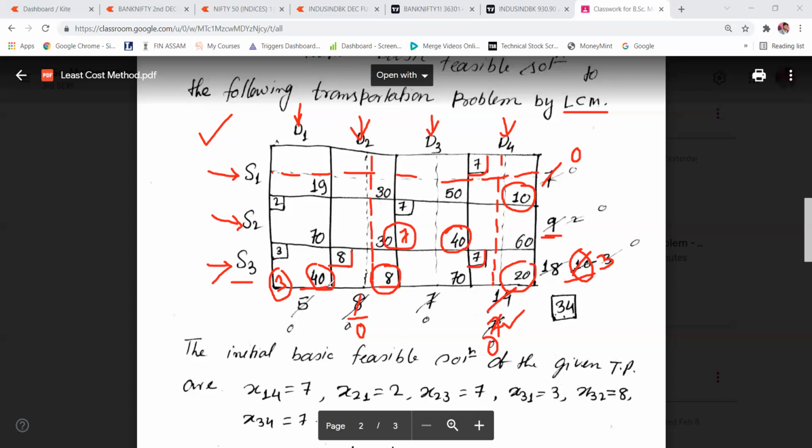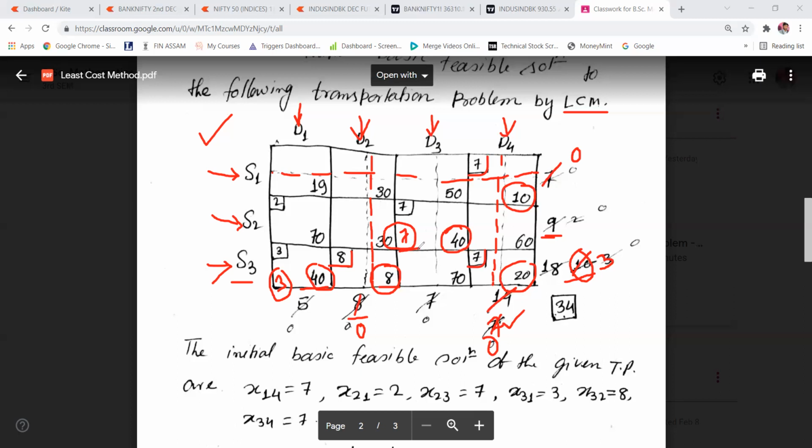Here we can make only 3 units and here we can make 7 units. Now the question is, which one will we consider first? For choosing that, you need to check which cell has the highest allocation you can make.